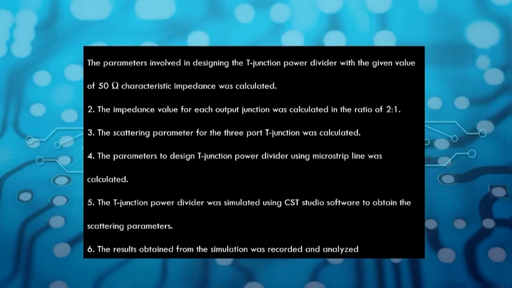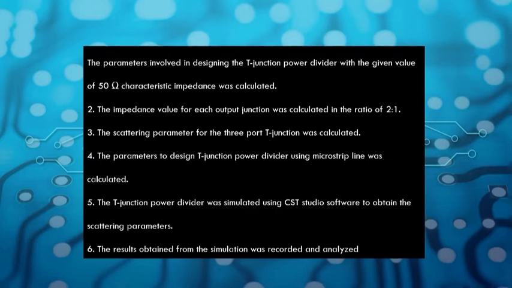In this lab session, we first calculated all the parameters that are involved in designing the T-junction. The given value of characteristic impedance, which is 50 ohm, was used to calculate the output impedance in the ratio of 2:1. The scattering parameter for the 3-port T-junction was also calculated, and we managed to obtain at least 2 of the values to be 0, and later the parameters to design the T-junction power divider using microstrip line were